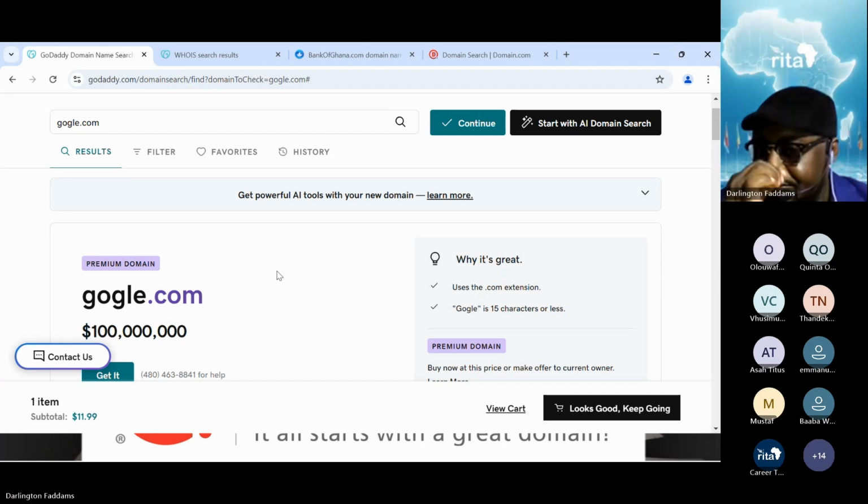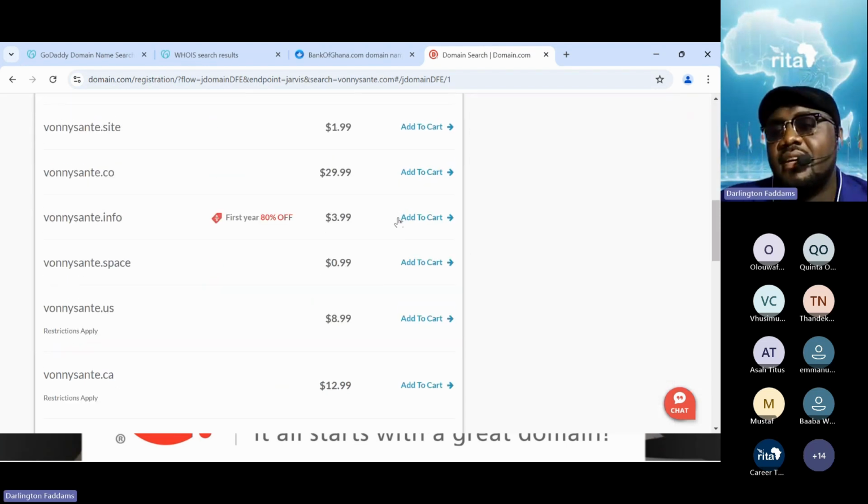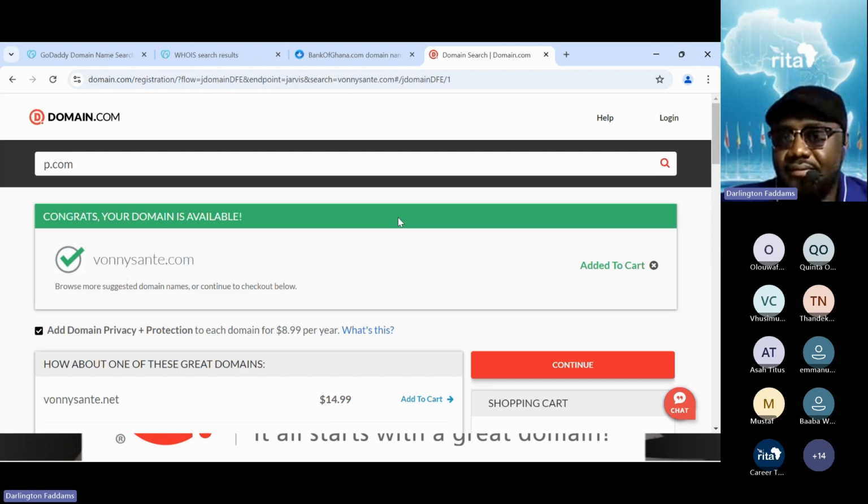Right. Domain.com is another trusted registrar that you can work with, apart from GoDaddy. So you can choose any of them.